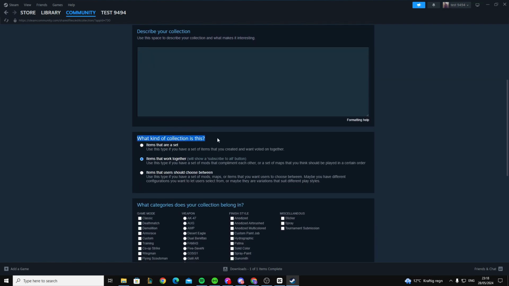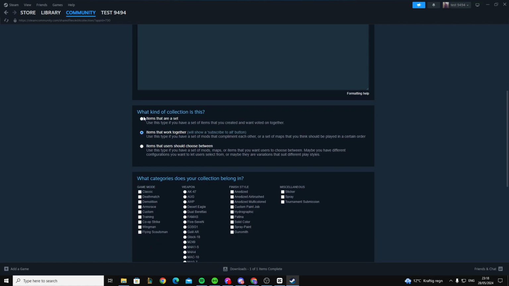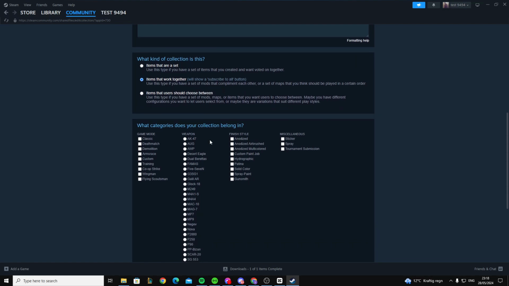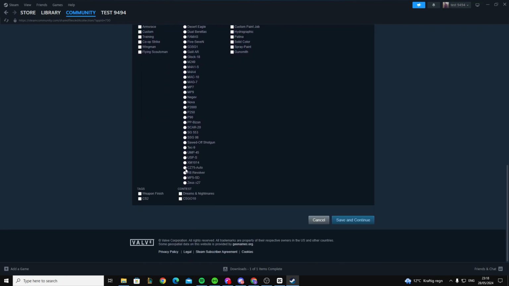Now here you can select what kind of collection it is. There's three different options. There's the items that are a set, items that work together, or items that users should choose between. From in here, you can select the category. You just choose anything right here and then just press save and continue. After this is done, you will now create another collection, and that's basically how you can do it on Steam,